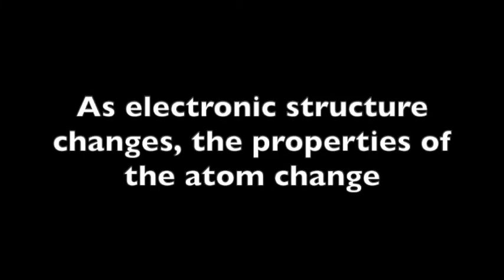This is the first part of a three-part series on periodic trends. But first, some background. As electronic structure changes, the properties of the atom change. These include the size of the atoms and the ions, the ionization energies, or how easy it is to remove an electron,